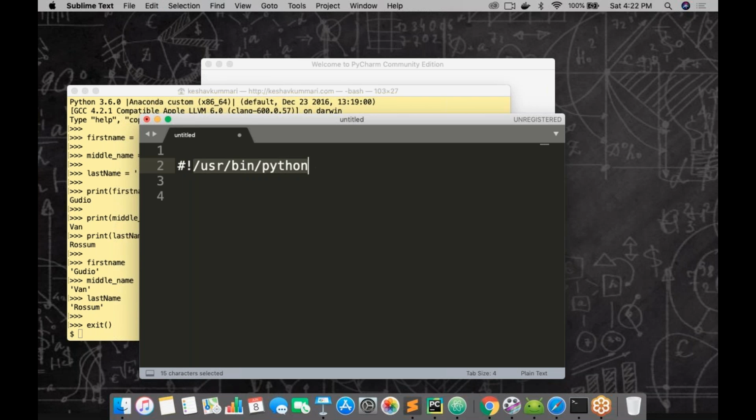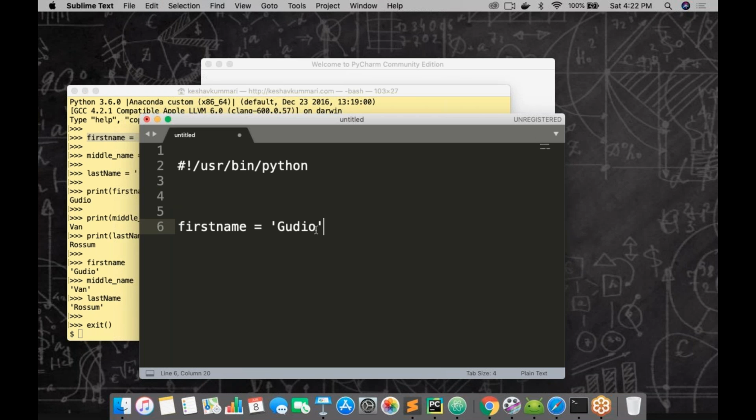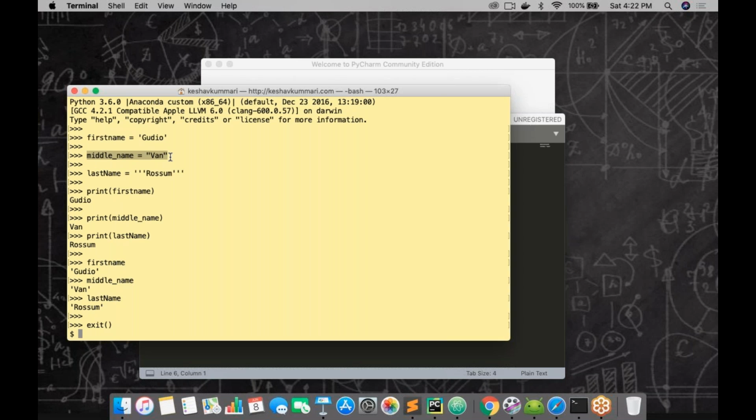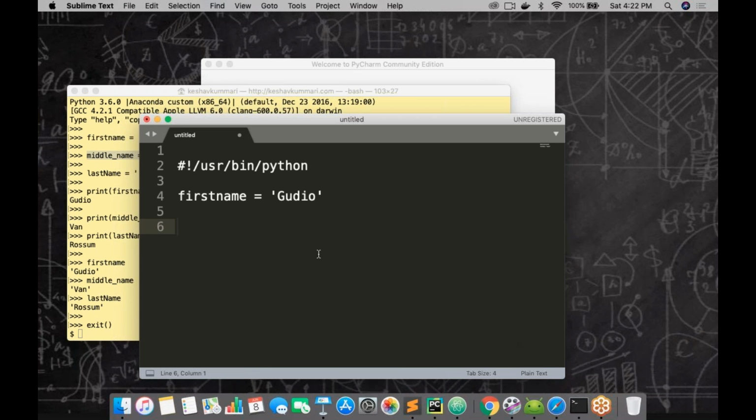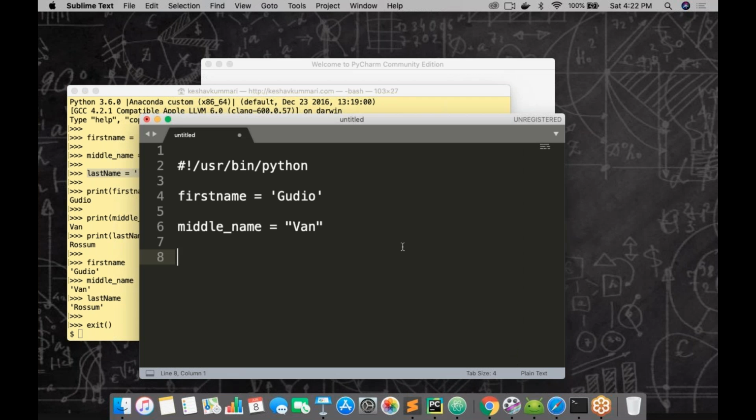It's an absolute path. It's not mandatory, it's optional. Let me reuse the code. Rather, I use copy. I'm reusing the code. I have created a variable called first name, and the second variable, let me reuse it, middle name, and the last name. So three variables we have created, and these three variables,